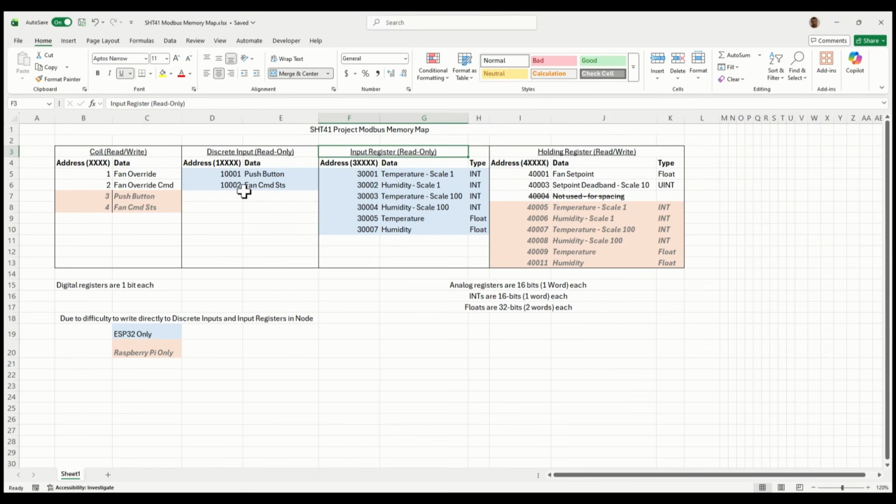This is the Modbus Memory Map that we need to construct to satisfy the requirements in the sequence of operations. In designing our Modbus server device, this is the map that we will publish for the systems integrator to reference. Due to difficulties in the Node-RED Modbus library, it is not possible to write data to the discrete input and input register sections of read-only memory, as is proper to do and is done as such in the Arduino Sketch. As a result, the mapping for the ESP32 and RPi is slightly different, as indicated by the blue and red